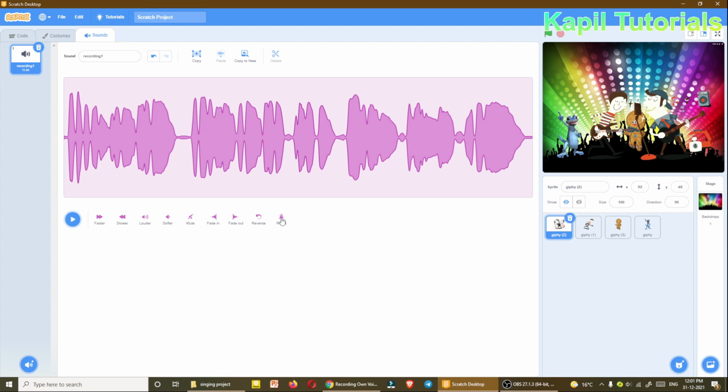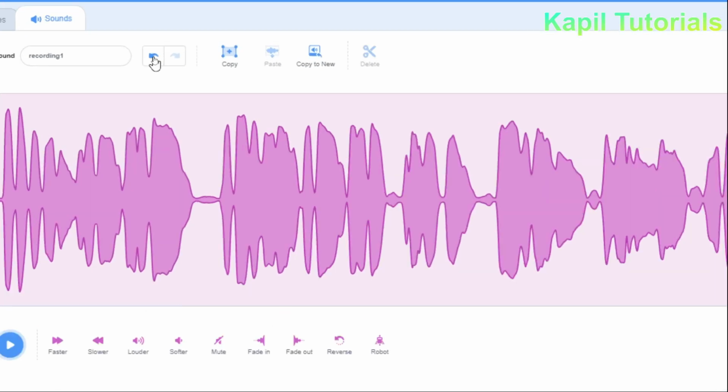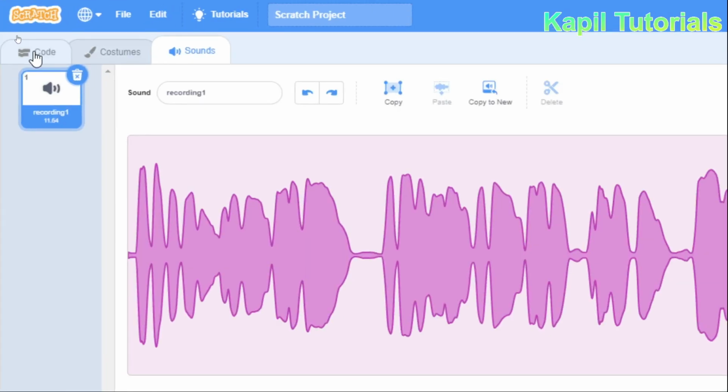Even a robotic sound is available. You can click on robotic sound also. पापा कहते हैं बड़ा नाम करेगा, बेटा हमारा ऐसा काम करे. So I hope it is clear. I can click on the undo command here. So this cartoonish sound appears okay for me. And then afterwards I can go to my code.